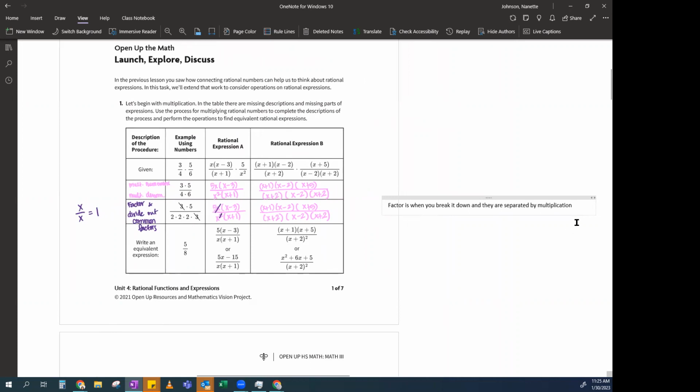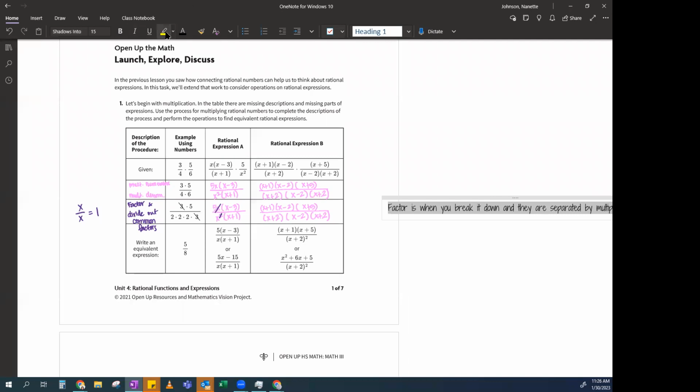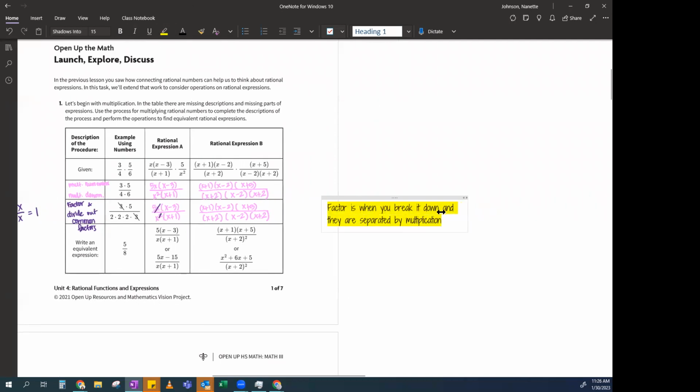Okay, it's separated by multiplication. And if so, do you see why someone wouldn't be correct if they wrote X? Does everybody see why that would be wrong? Do you see why you can't just write X as a factor here? Is everybody convinced? Because if you're not convinced, it's going to happen on the test and it's going to be